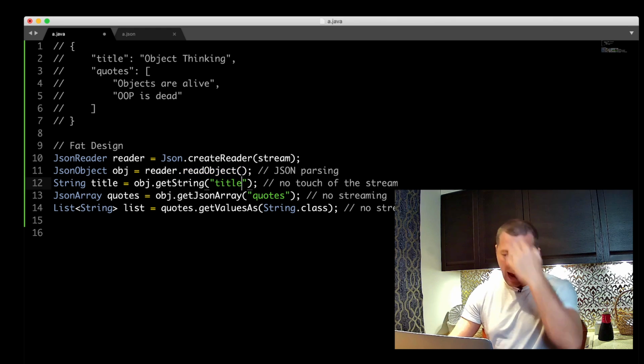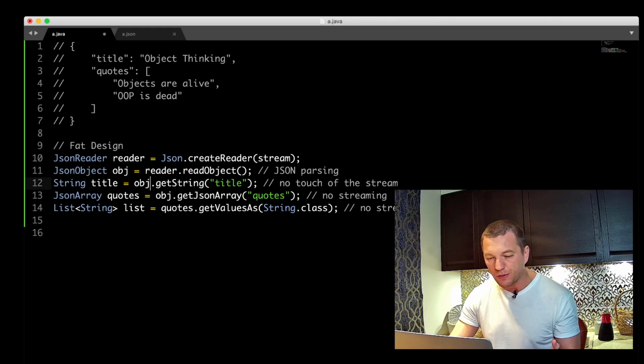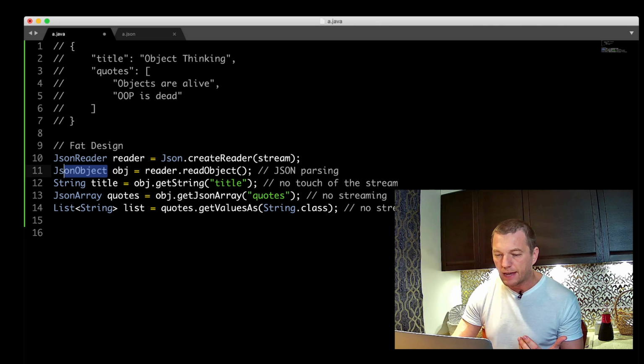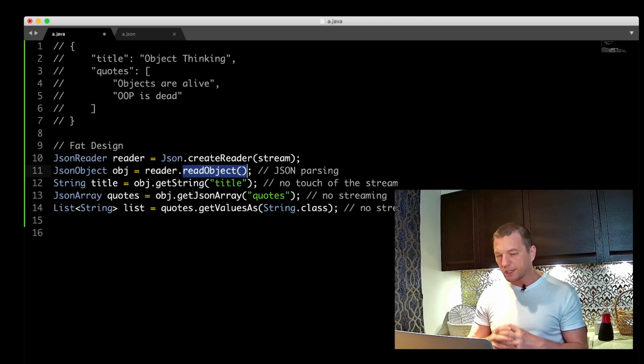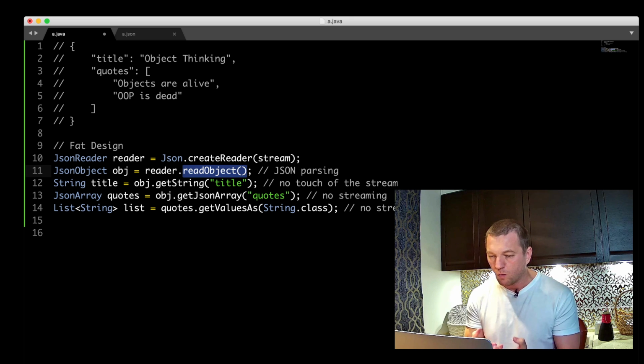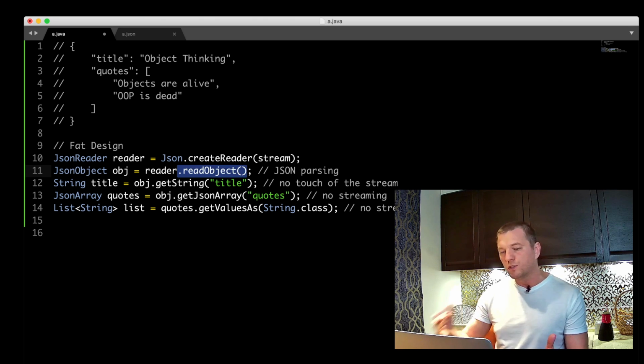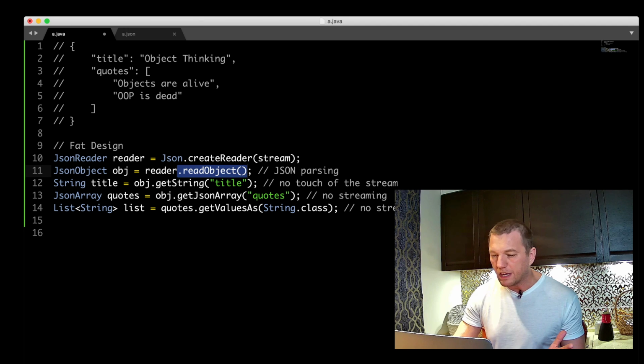in order to get access to what is being read from there, we need to make sure that the JSON object has all the necessary methods like getString, getJSONArray. So these two methods, they have to be there. They have to be in the object which we create here. So we parse and we return an object which contains as many methods as necessary for all our users. So we don't know at this point, at the point of read object, who is going to use the object and how. We give them all the features.